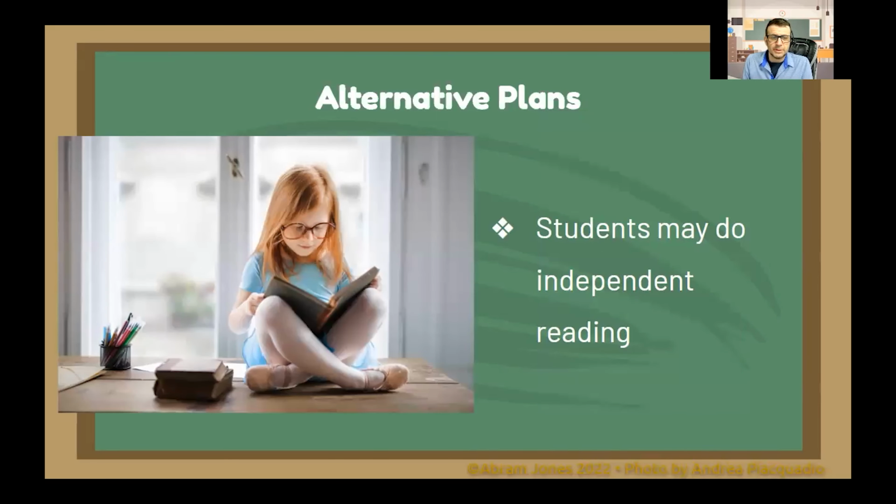What else could we do in an alternative plan? Students can do independent reading. Maybe we can suggest a book to them, or maybe they have a book that they're already reading. Lots of school programs have kids reading at least 2 books a week. They could be shorter, they'll be short books, but yeah, those programs are in place. And it's a great way to fill time is through reading. It's through reading that we become good writers. So we want to encourage that.